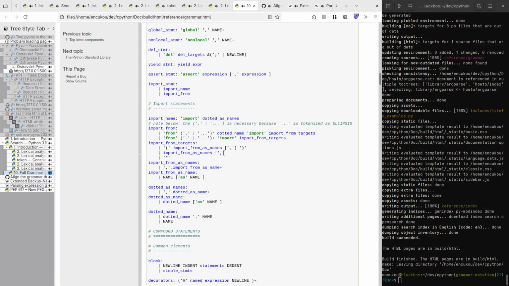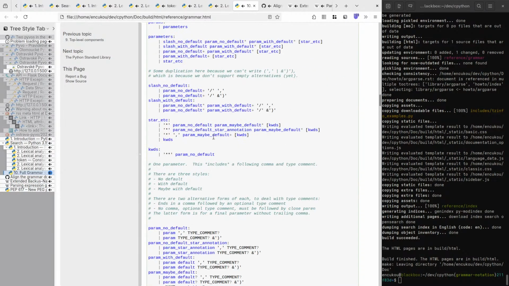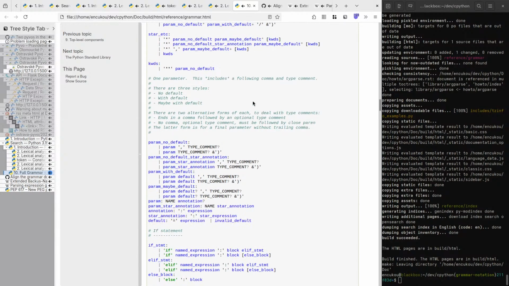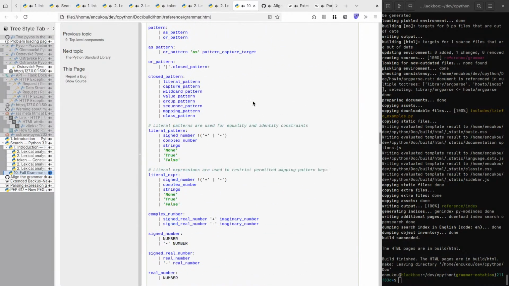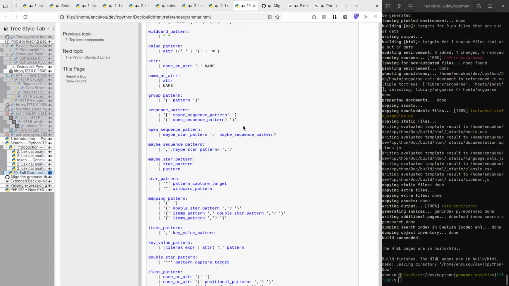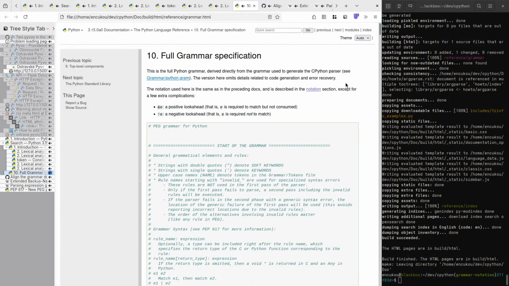Because then this says stuff like we don't support the alternatives yet. But well, that's for a different commit.